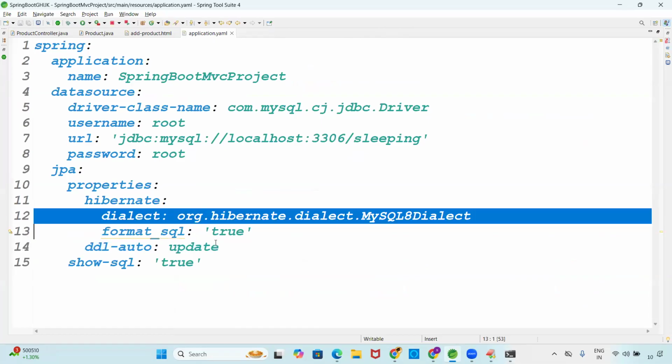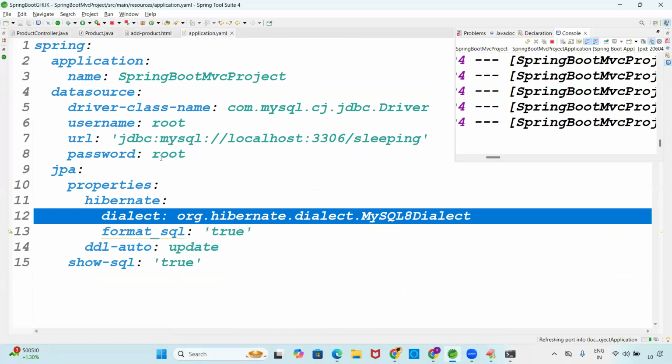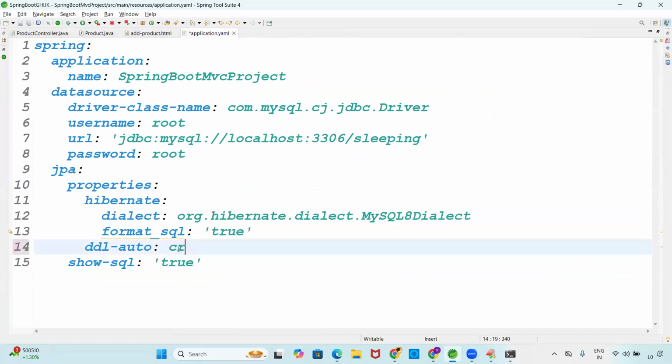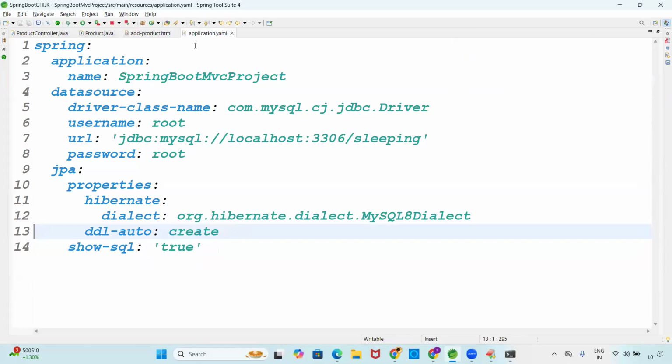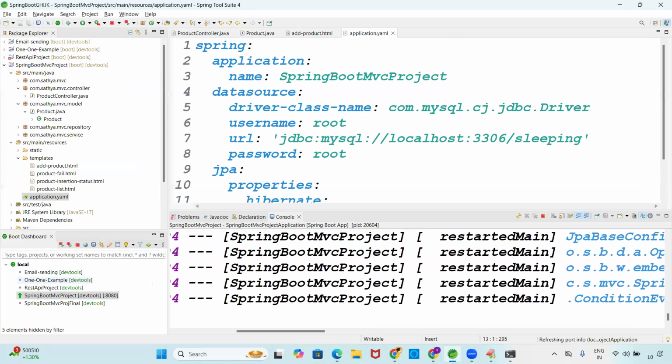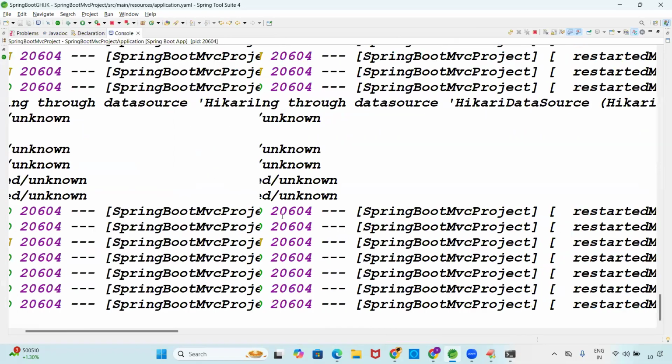Hey, why is the table not creating? The table is not creating. You do one thing. Set the DDL auto property to create. So if we make the DDL auto property